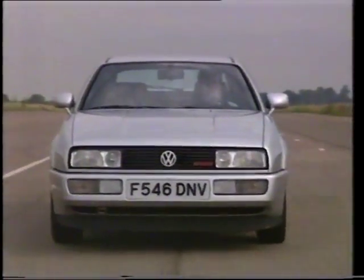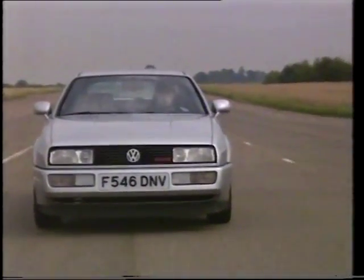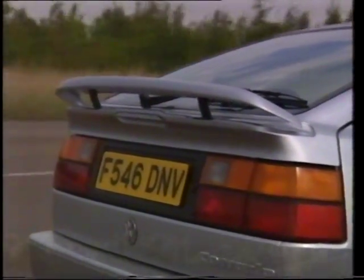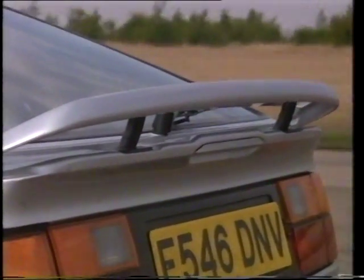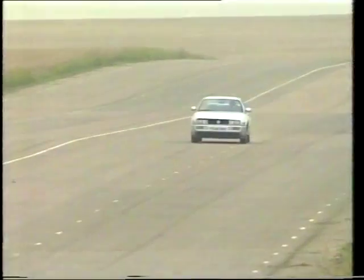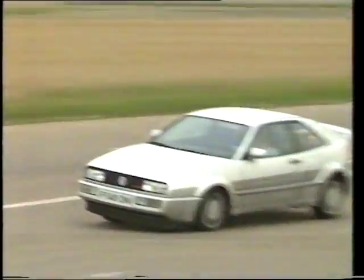There'll be a cheaper 16-valve version with right-hand drive in the new year, but with fewer creature comforts and no supercharger. The Corrado has all the makings of a winner, marred though by the odd gimmick. VW say this is to reduce lift, extending its speed and then going down when the car stops to help with parking. But if you look through the back, it doesn't actually make that much difference. And besides, there's a button so that the driver can raise and lower the airfoil at will. Should make the GTI and XR3i owners green with envy. Mind you, having said that, with sales of the Corrado in the UK limited to 2,000 a year, they're